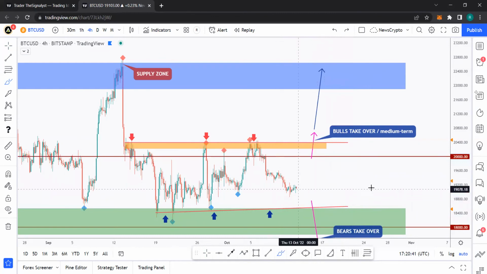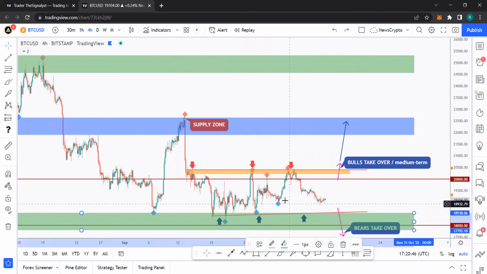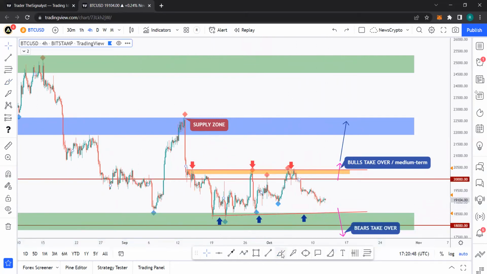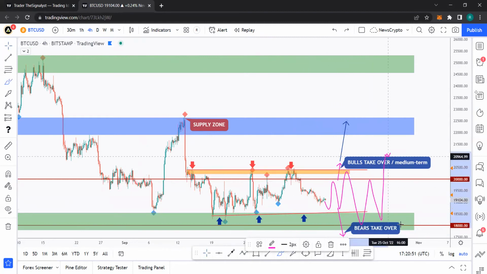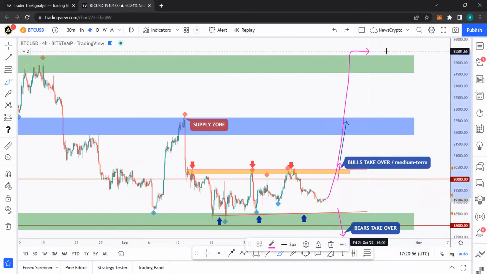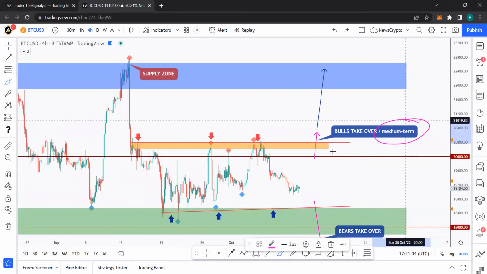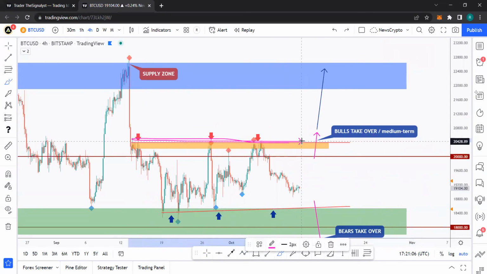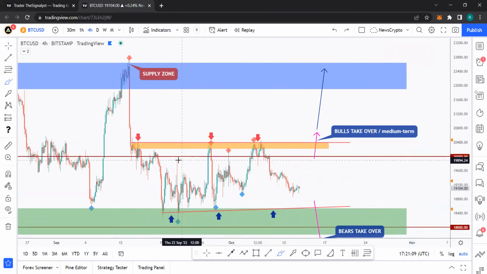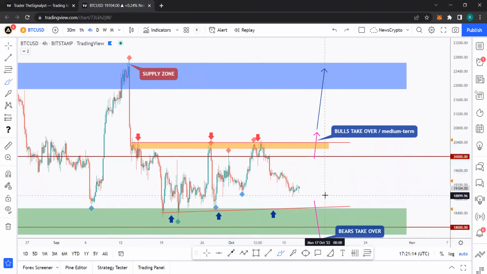So as long as we are above the 18K, above this structure, above this zone in green, we are fine. The bulls can still kick in. Of course, this is just from a short-term perspective as long as we are here. Okay, so for the bulls to take over from a long-term perspective, we need to see a break above 25 or even 30K. For now, we are here. For the bulls to take over from a medium-term perspective, we need to see a break above this, which, as you can see, price has been struggling around for a while, multiple rejections from it. So that's it for